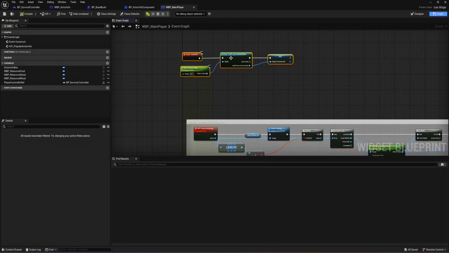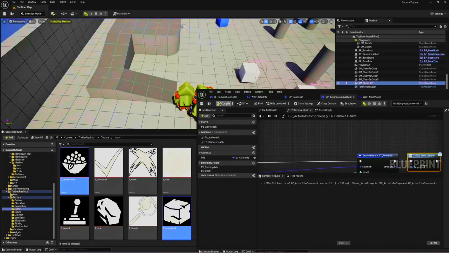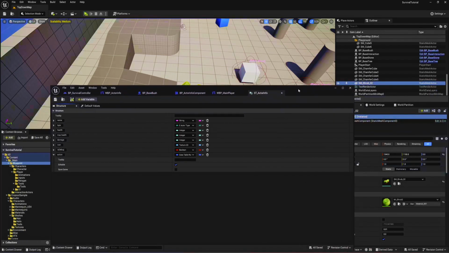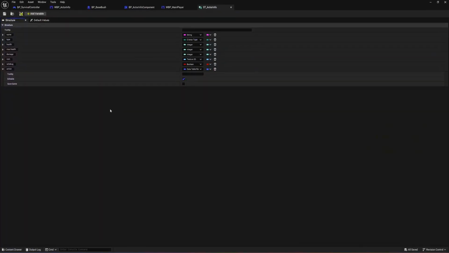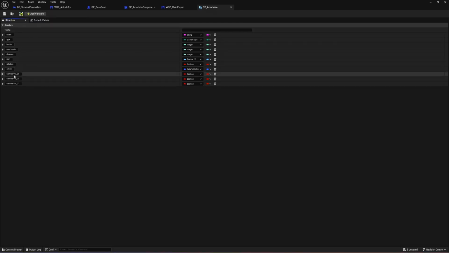Right, cool. Now that we have this, what we can do next is go back to the actor component here, and now let's play with some variables. So the actor info, we're gonna have here a couple of informations. So we are gonna have here